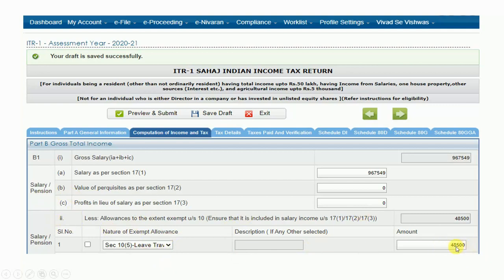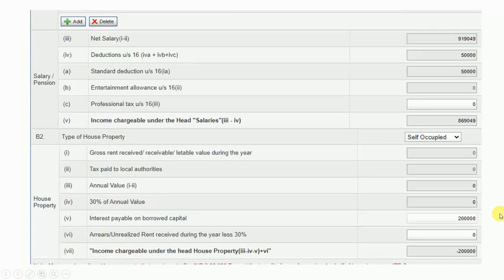You can put some amount here that will be subtracted from your gross salary. This amount will be reduced. And after reduction of LTA, leave travel allowance, or house rent allowance, it will show the net salary.